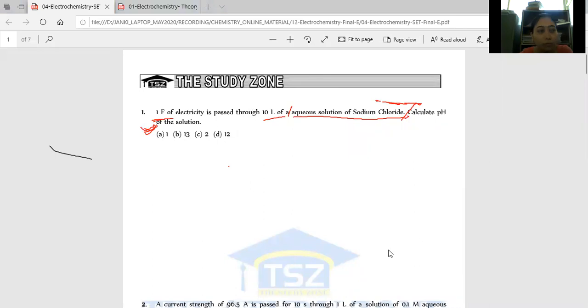What product do I get on the anode and what product on the cathode? Tell me. Write down in chat box. Anodic product and cathodic product. Yes, Nandini says anode Cl and cathode H. Nandini, again I repeat, I changed it back from dilute. I want a change in the question, so I wrote that this is a diluted solution of NaCl. Right? Then what will be the products on anode and cathode? Yes, Varad says Cl2, H2. Yes, at the anode chlorine and at the cathode hydrogen.